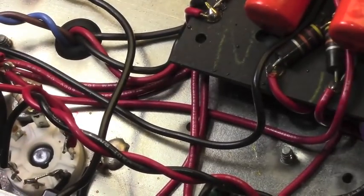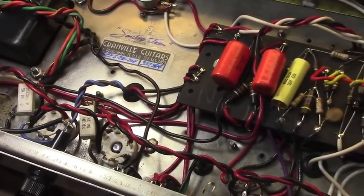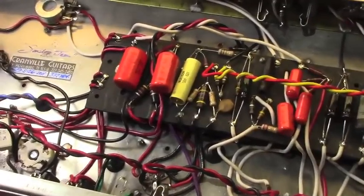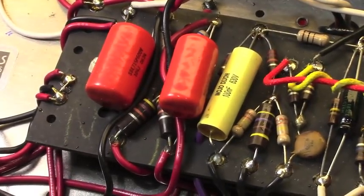He wanted to be able to get more teeth out of it at a lower volume. So that's why we're getting rid of the 6L6s and going to 6Vs. As we cast our attention across the amp here, let's go back to this end of the circuit board. You can see that I've used...